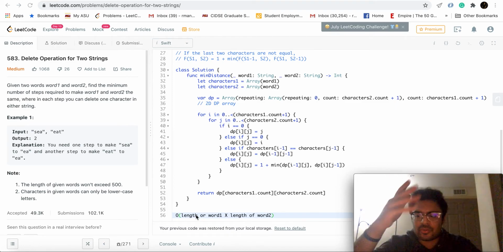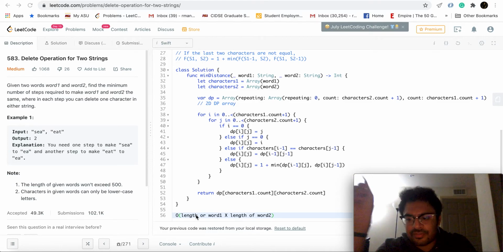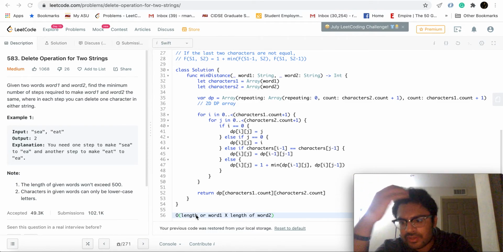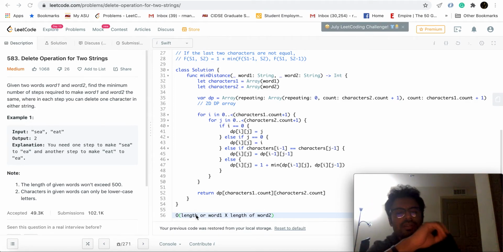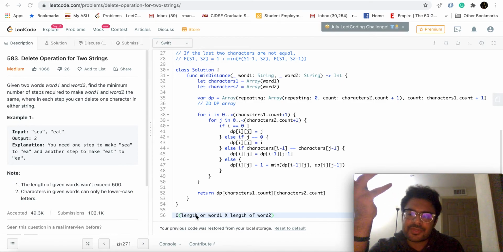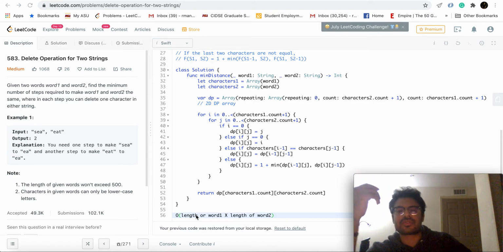Yeah, because it's a 2D array, and if you're going to be filling out every cell, it will be order of the rows into columns, and we have a 2D array, so the space complexity is also order of rows into columns.